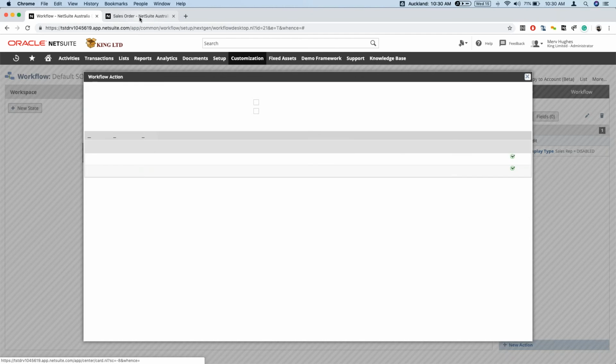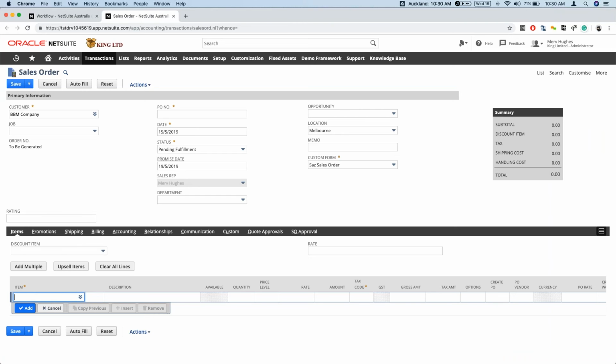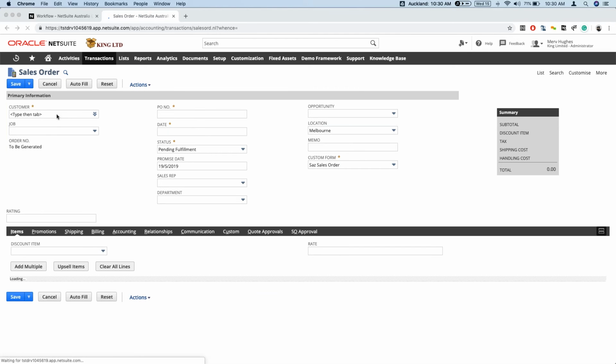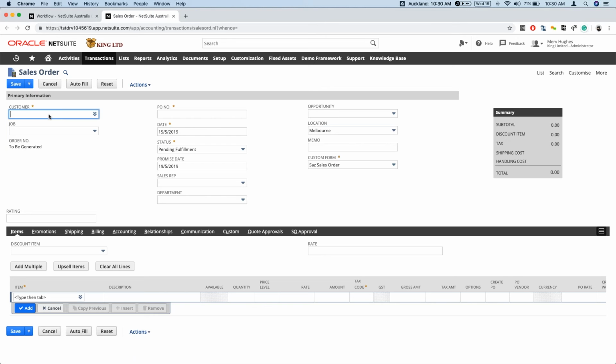And every time that you want to retest a workflow, make sure that you reload your record. If I would try it now, you'll see it won't actually work because it doesn't know yet that the workflow has been updated. So refresh the whole page. Yes, we want to reload that. And let's try that one again. So if I now, I know BBM company is a corporation, so if I type in BBM company,